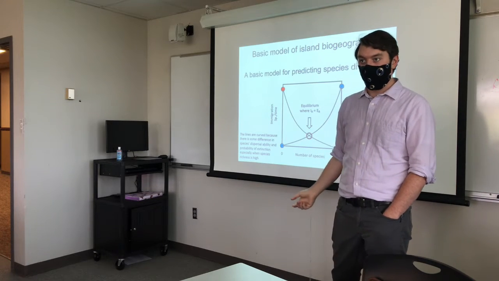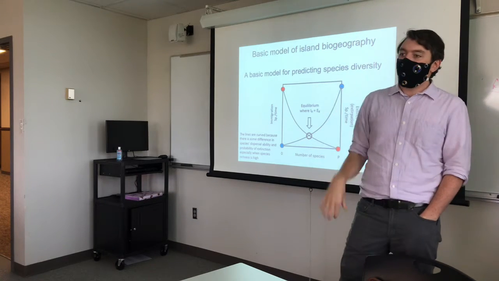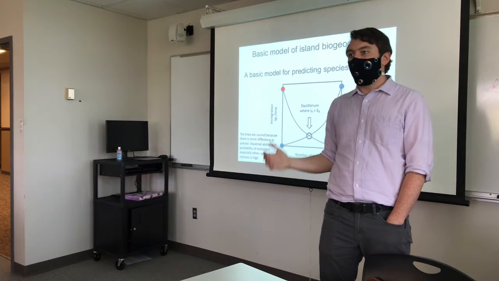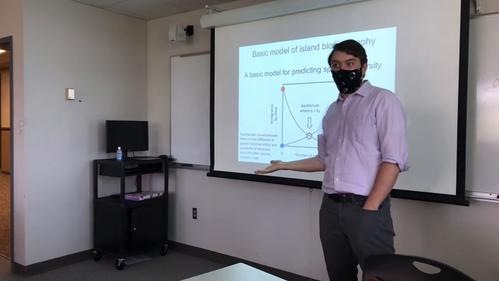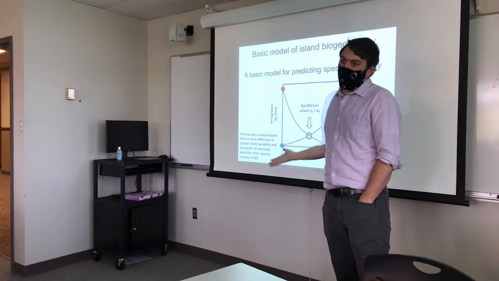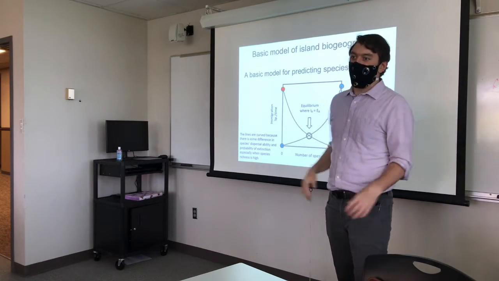Predatory mammals would be a good example. Often on islands we don't have very many predatory mammals, but they have lots of birds, and the birds become flightless because there's no mammals trying to eat them when they land, so you can get bigger and eat plenty of food and do quite well without having to worry about flying away from a predator.